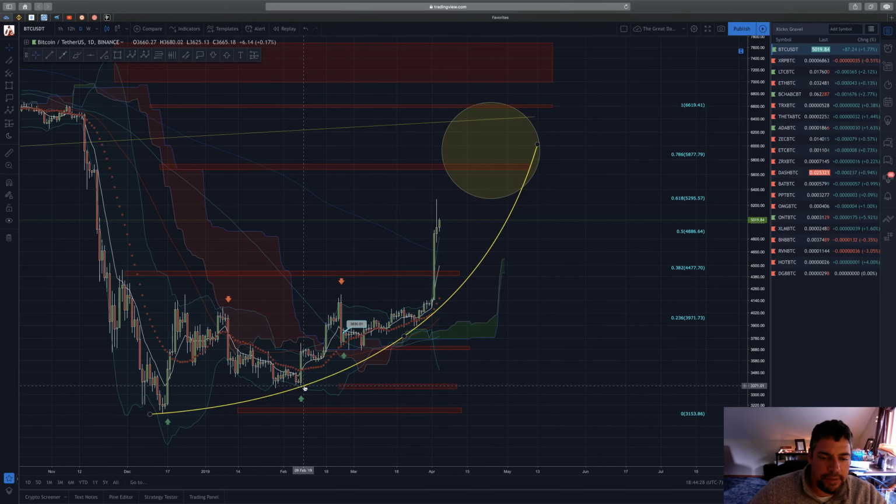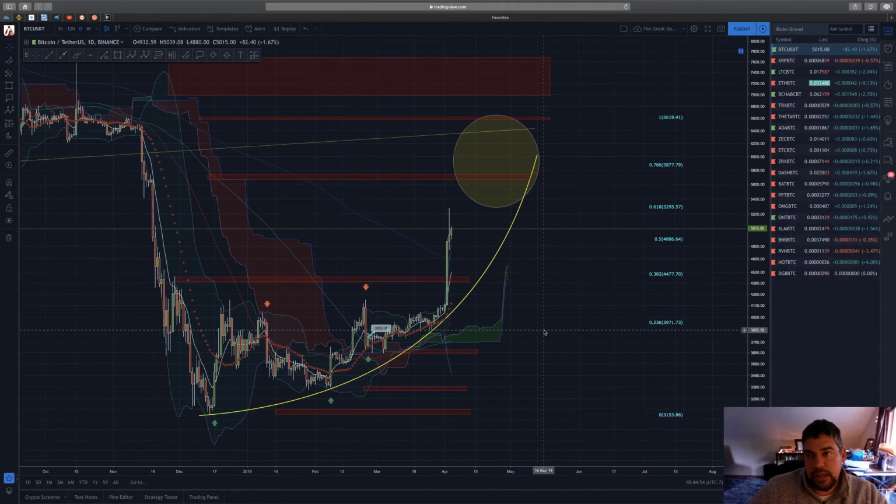Notice that I set my trajectory line from right around here in February. I was just kind of winging it, and not much has really changed. We've just been riding that trajectory all the way up. I would like to see maybe even a sideways retest to here before bouncing up one more time and then the full sell-off. But just to let you know, I think that we may still retest one of these levels, maybe down here or even right here. This could be a nice level to come back down and retest and then maybe move on higher. But